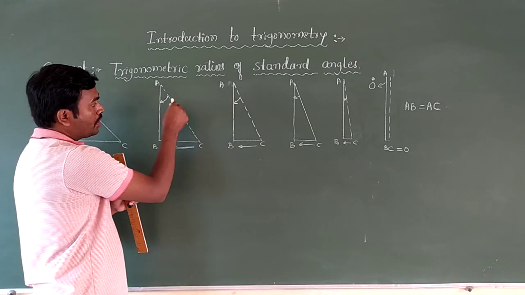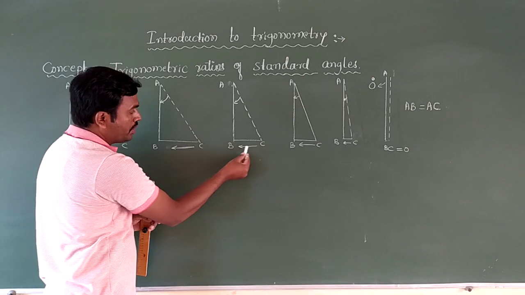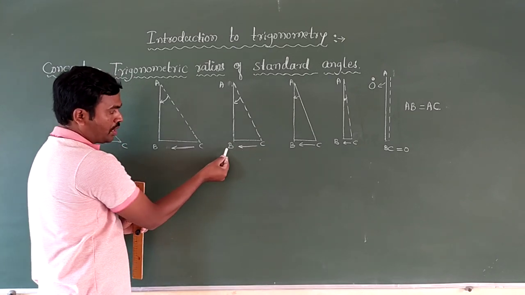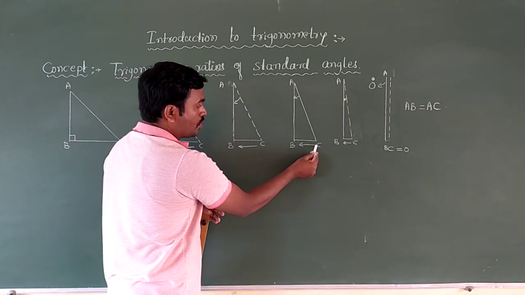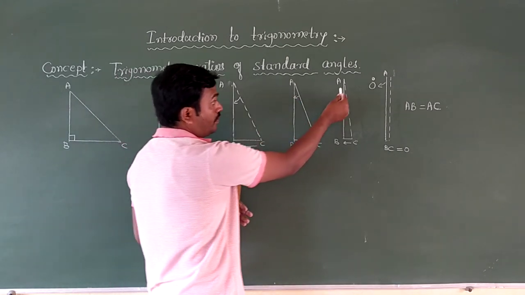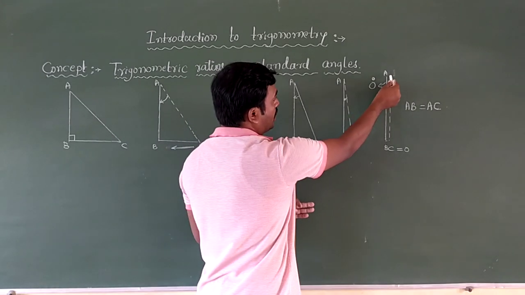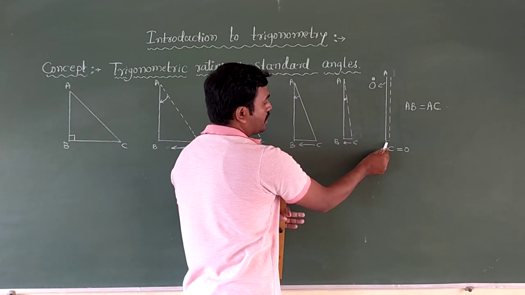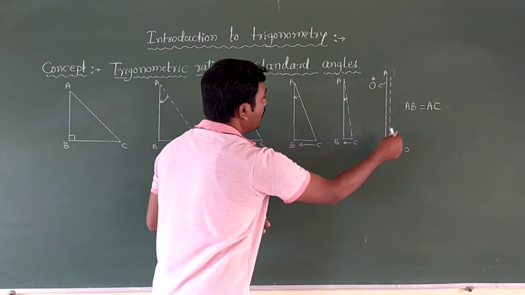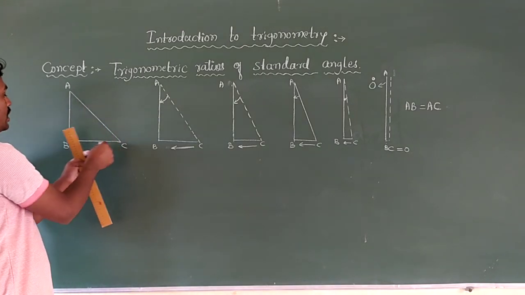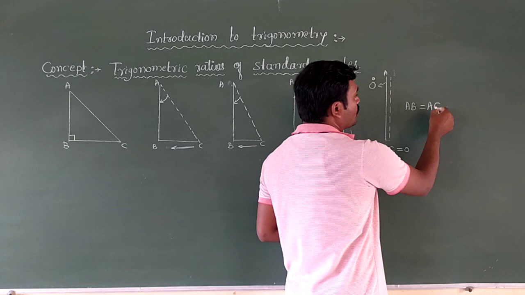Observe here, the angle A is decreasing. BC is coming closer, point C is coming towards B. Again, angle A decreases, becoming very small, and C comes closer to B. Now C coincides with B, so the AC side becomes equal to the AB side. So AB becomes equal to AC.